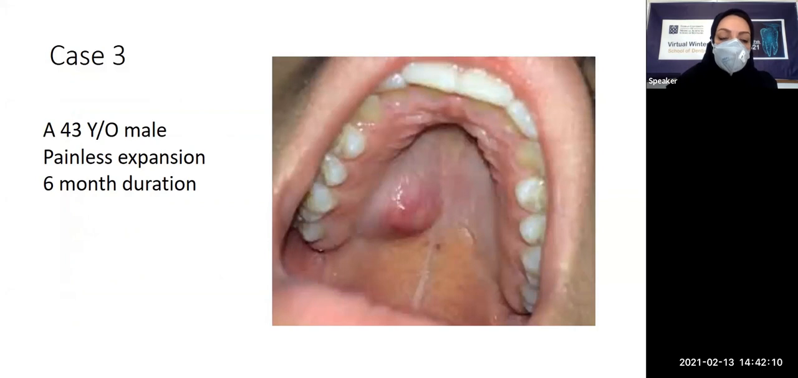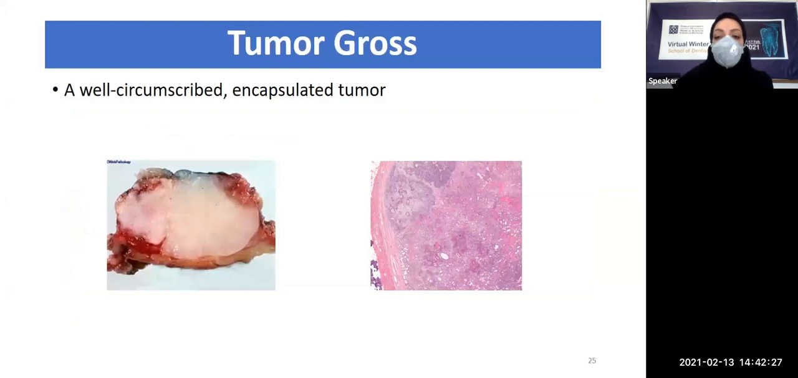The next case is a 43-year-old male. He presented with a painless expansion in the lateral portion of the hard palate for 6 months duration. The lesion was excised by the surgeon. As you can see, the growth of the lesion in the left picture was a solid mass partially surrounded